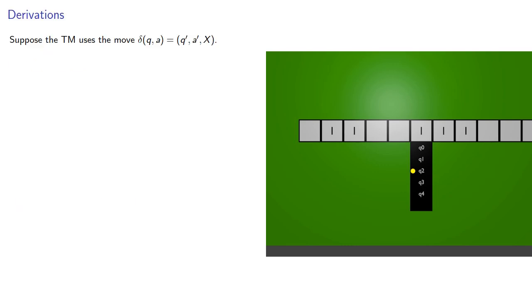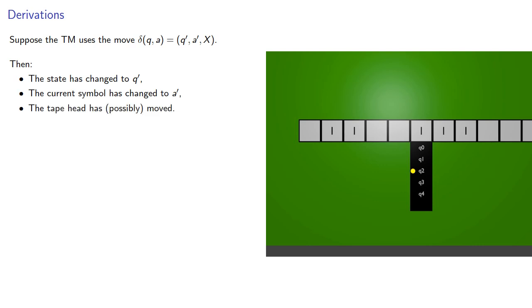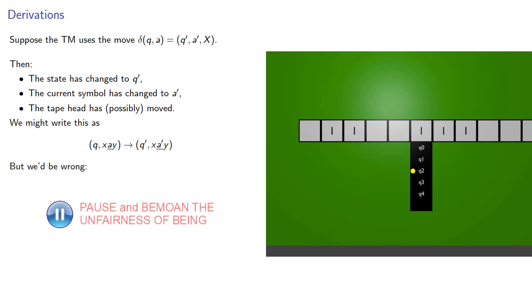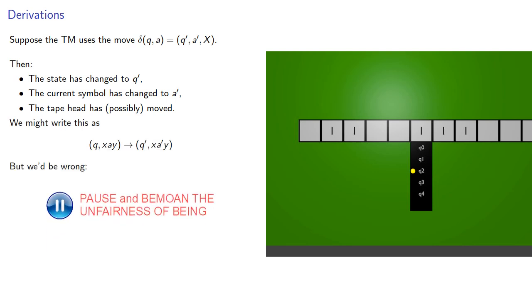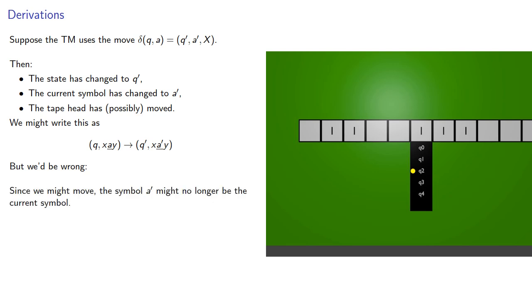Now suppose the machine uses the move delta of Q A equals Q prime, A prime, X. Then the state is changed to Q prime, the current symbol is changed to A prime, and the tape head has possibly moved. We might write this as, but we'd be wrong. Since we might move, the symbol A prime might no longer be at the current symbol. So we should write,